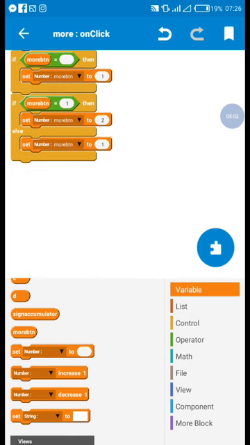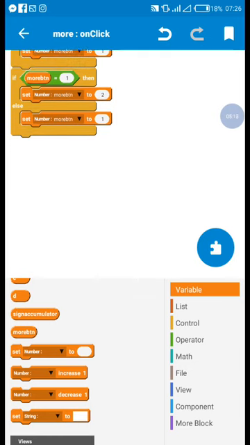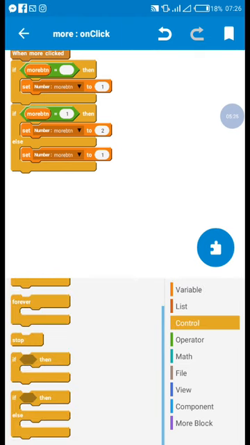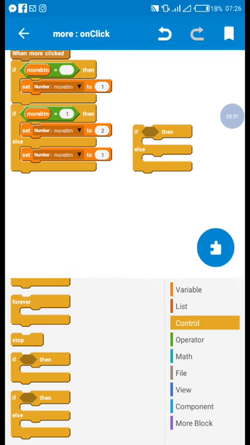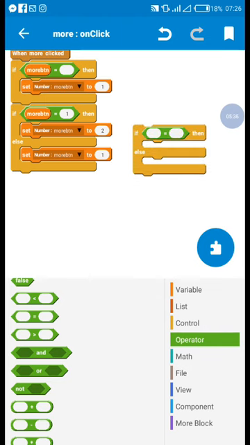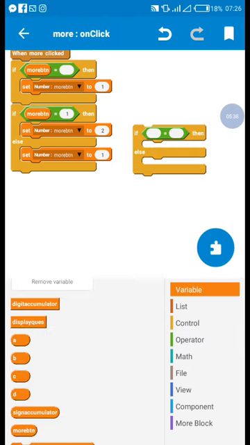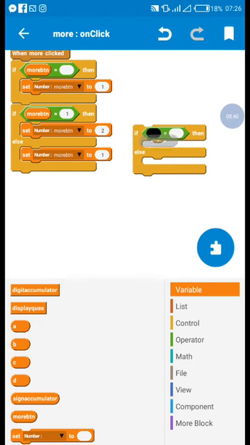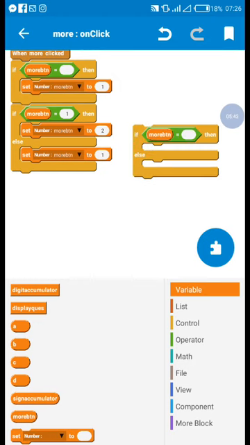And if it's at 2 already and you press the more button again, it sets the more button to 1. So as you continue to press it, it continues to switch between the value of 1 and the value of 2. But this will not display the values on the screen, so we will need to set that in the next set of blocks. But for you to do this, let me just show you. You bring the if else block, then the operator, you drag this into it, you can see now. Then the variable more button,